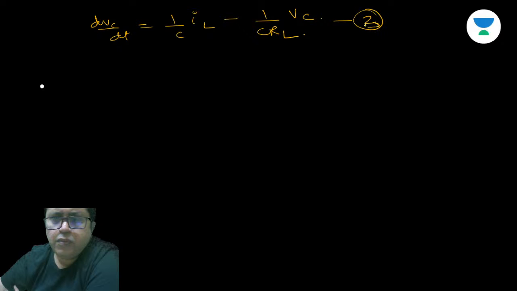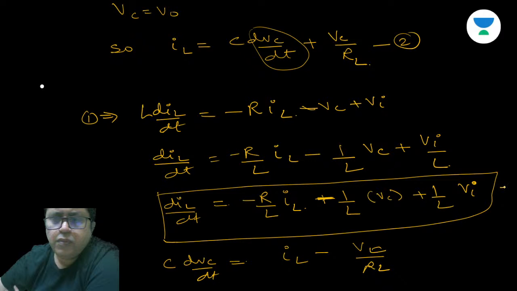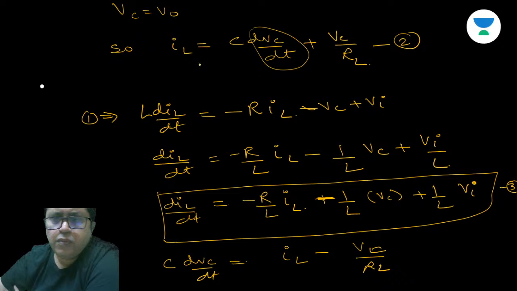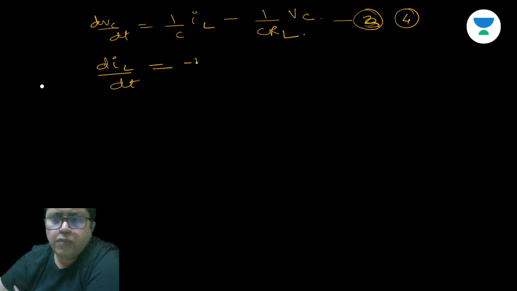Suppose 3, oh sorry, 4. What will be equation 3? This is equation 3. Let us write down again. dIL by dt is equal to minus R by L IL